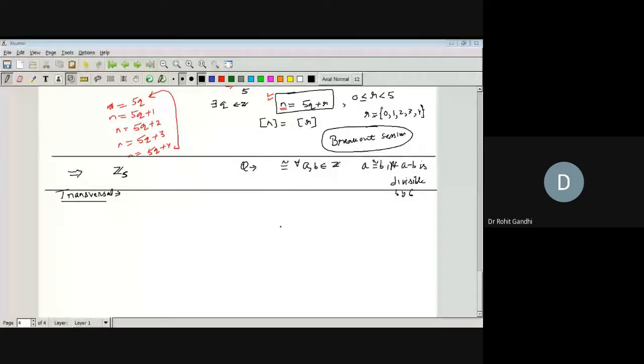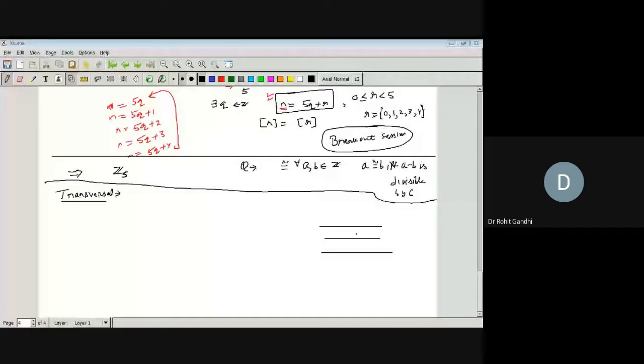Now the next thing is the transversal. What do you mean by transversal? In our lower classes, what we see, if we have a set of parallel lines, then there is one line which is passing through them and we call it a transversal, right? So a transversal is a line which cuts the other lines at exactly one point, right? In the same way, we are going to define a transversal here also.